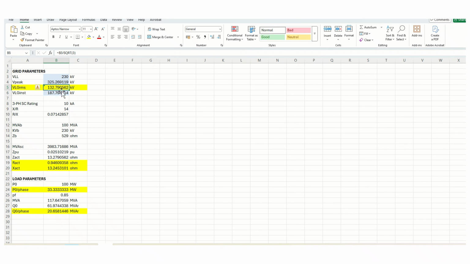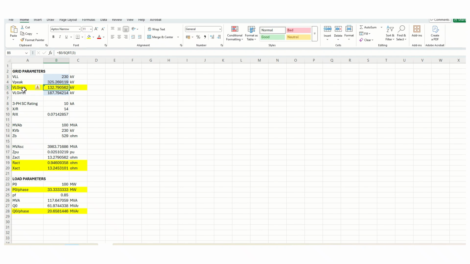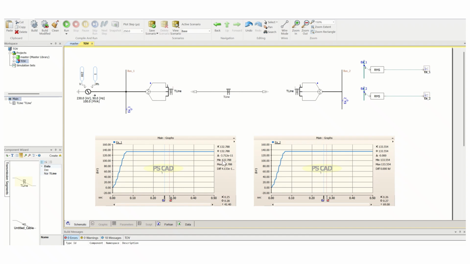This is 132.79, 132.788 means 132.79. So this is the phase voltage, the RMS voltage, and here it is 133.554,